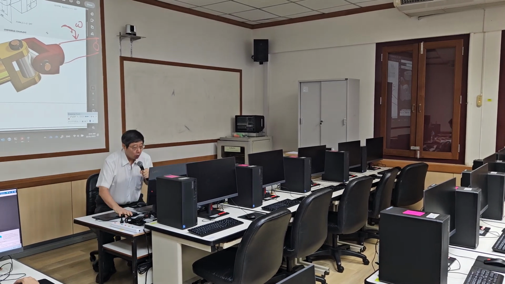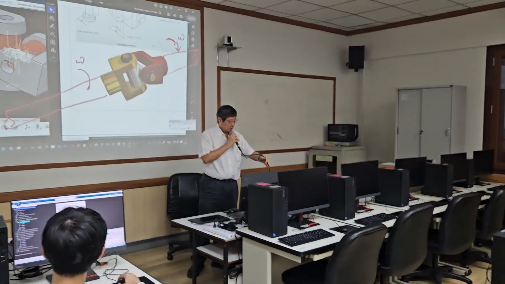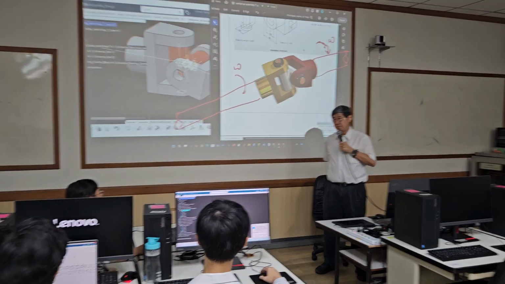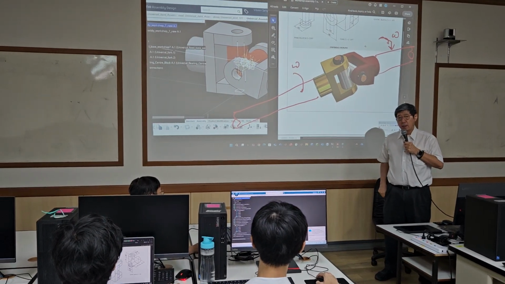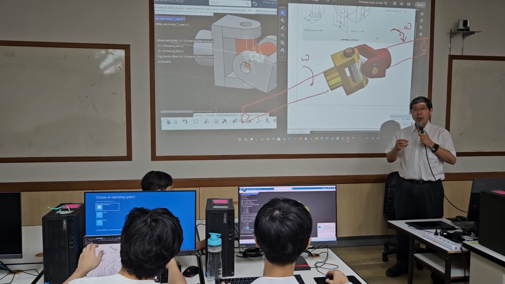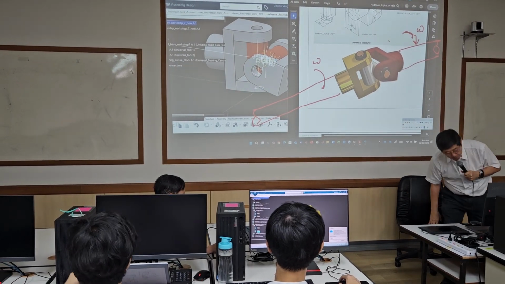Normally, when you have very long shafts, you cannot use a single shaft. Most of the time when you have long shafts, normally you cannot keep